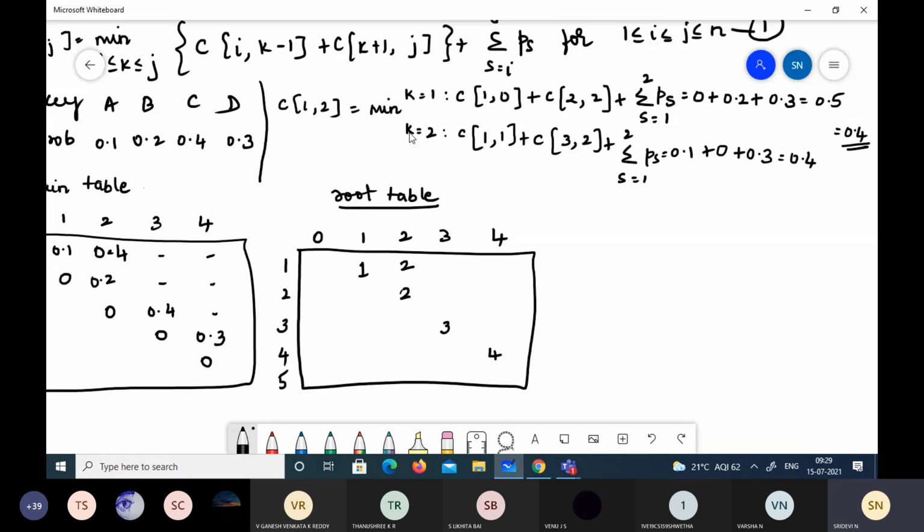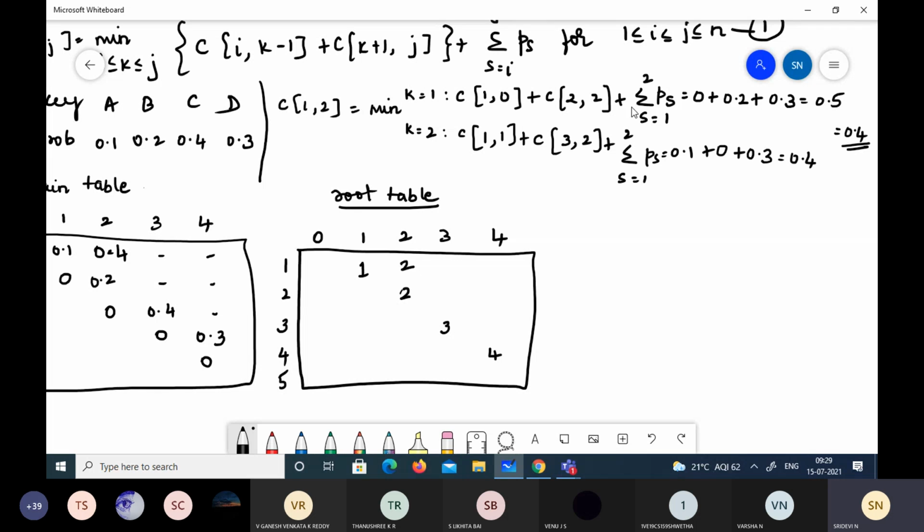In the same way for k being 2: C of i comma k minus 1, k is 2 here, so 2 minus 1 becomes 1, plus C of k plus 1 is 3 comma j. So C of 1 comma 1 from the table, C of 3 comma 2 from the table, plus the probabilities.